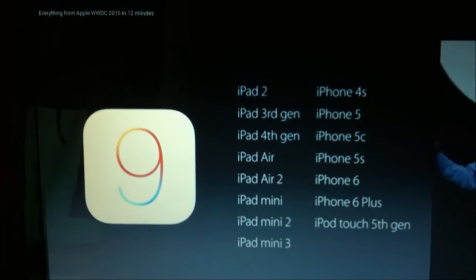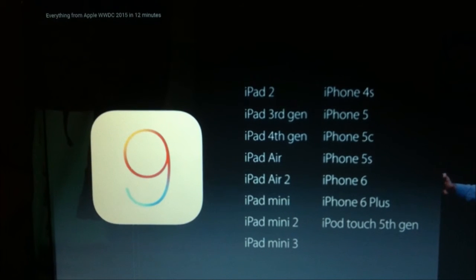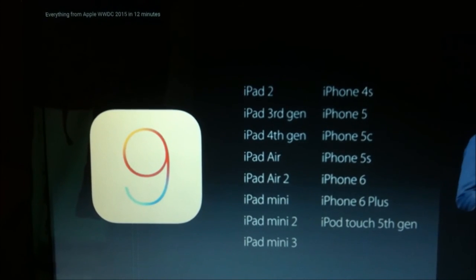iOS 9 will support all of the devices that were supported by iOS 8. We're not dropping any this year because we want everyone